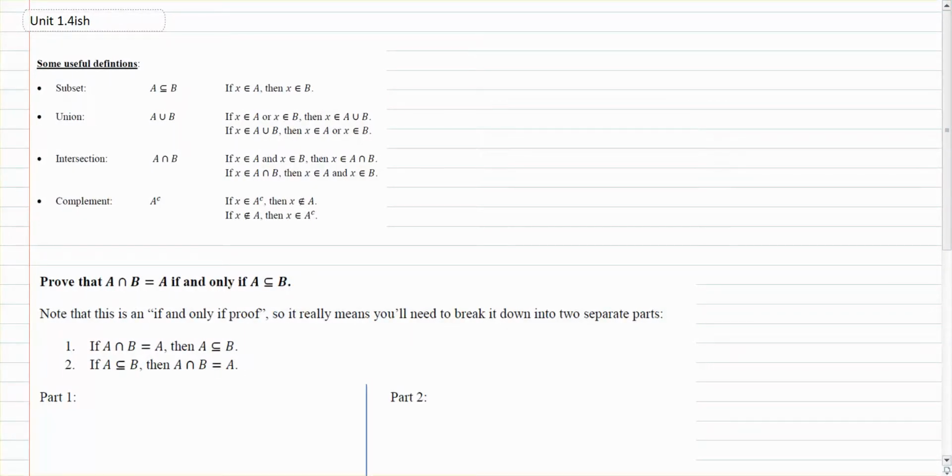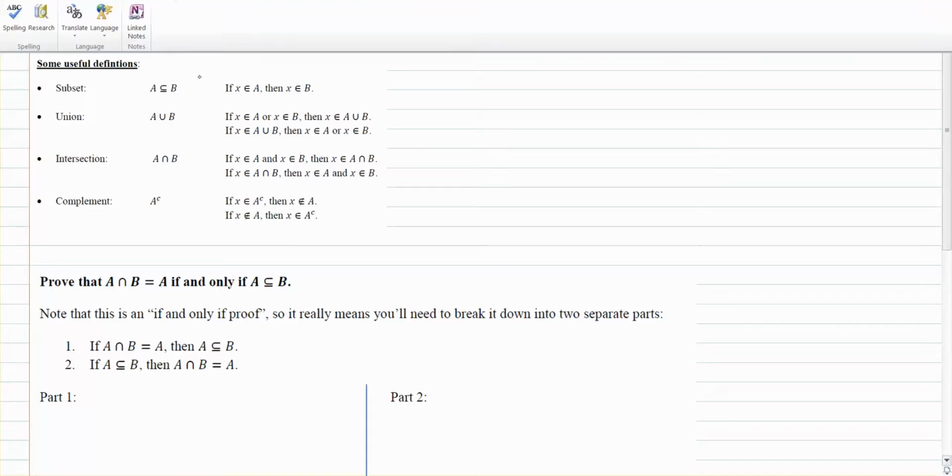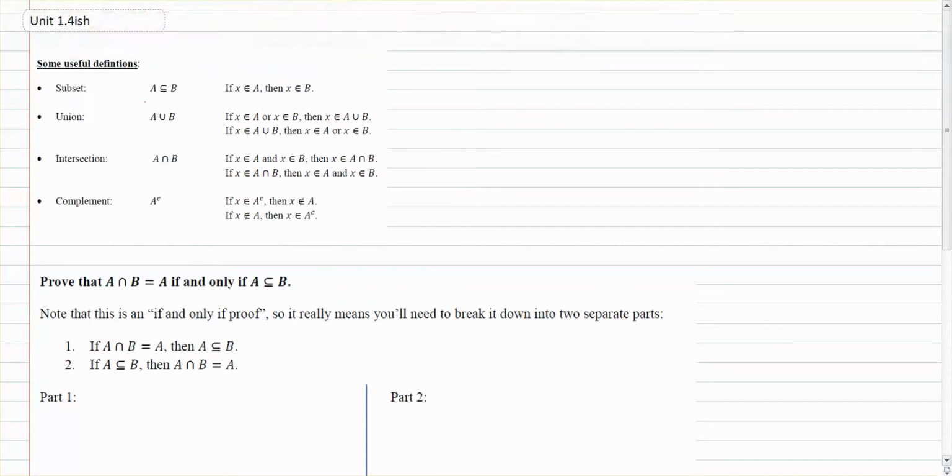Okay, so this is the Unit 1.4-ish handout, which will be stuff related to 1.4 problems. So let me get a marker here. Okay, so first there were some definitions at the top of the page, and we've done a couple of these